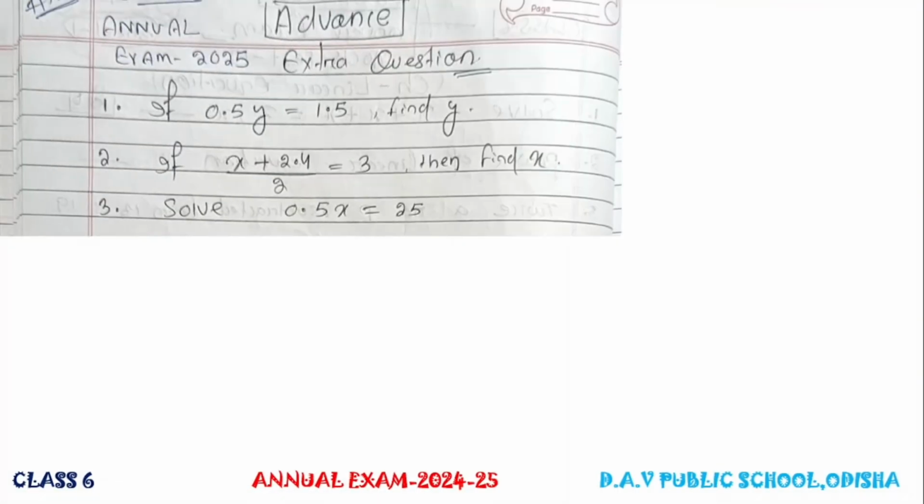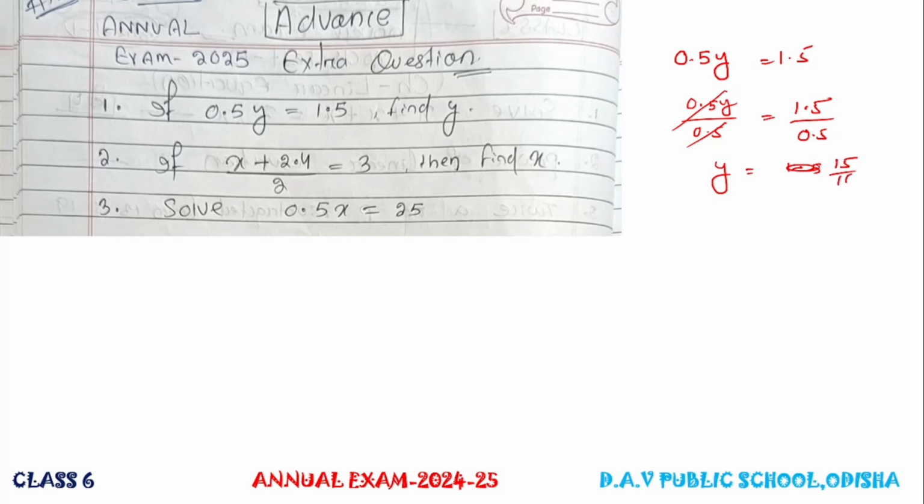First question number 1. If 0.5y equal to 1.5, then find the value of y. So how to solve? First of all, write down the question. 0.5y equal to 1.5. We know that if here is multiply, if we divide by 0.5, then it will be cancelled. So we can write 0.5y divided by 0.5 is equal to 1.5 divided by 0.5. Yes or no? Now 0.5 cancel. So y equal to